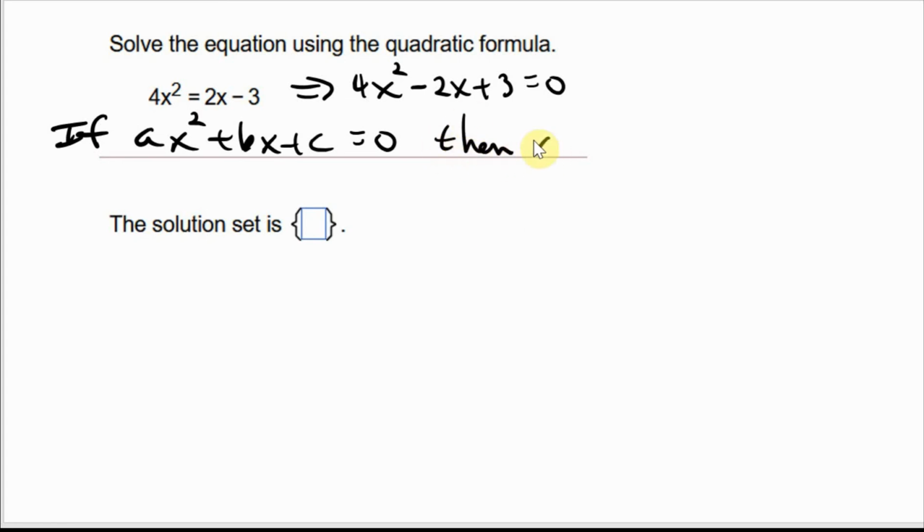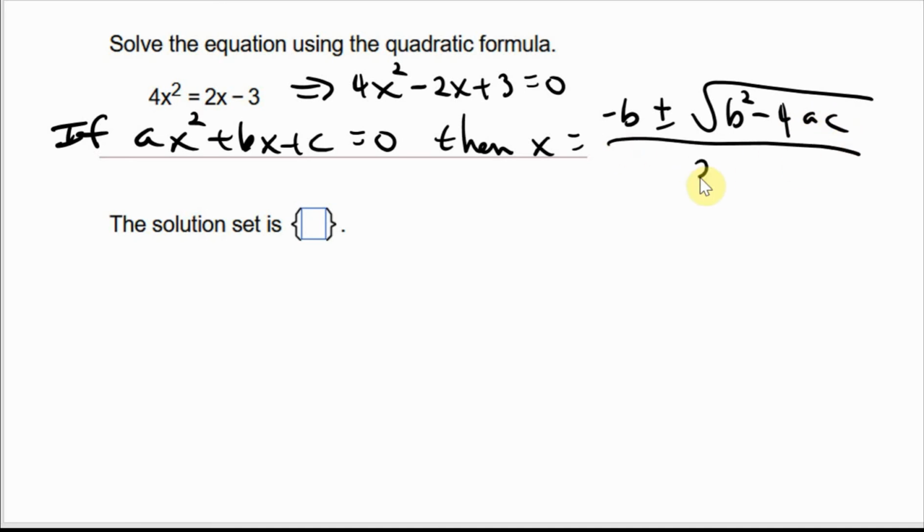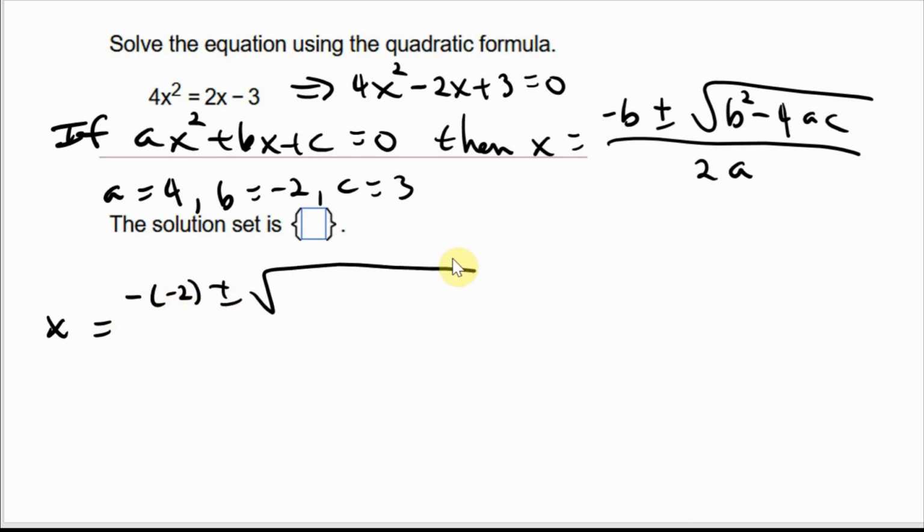Then we have x is equal to negative b plus or minus, the square root of b squared minus 4 times a times c all over 2 times a. So we put the terms, so a is 4, b is negative 2, don't forget your sign, c is 3. So x is equal to negative times b, negative times the negative 2, plus or minus the square root of b squared, but b is negative 2,